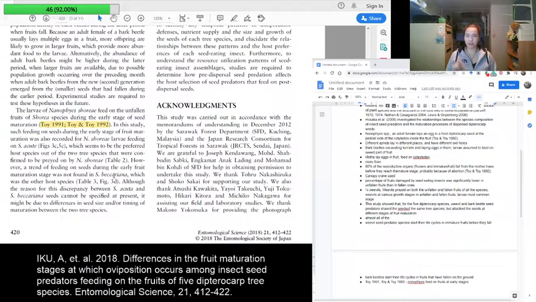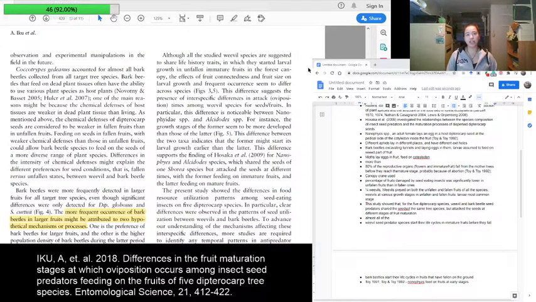And found in this particular species. Although the reason for this discrepancy between these two species cannot be specified, suggested to share life history traits in which they started larval growth in unfallen mature trees in the forest canopy, the effects of fruit connectedness and fruit